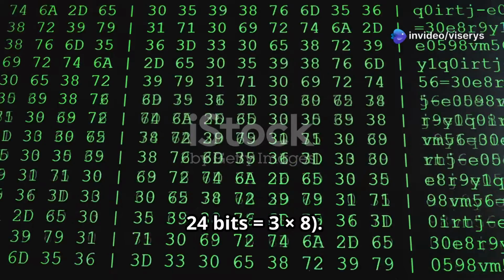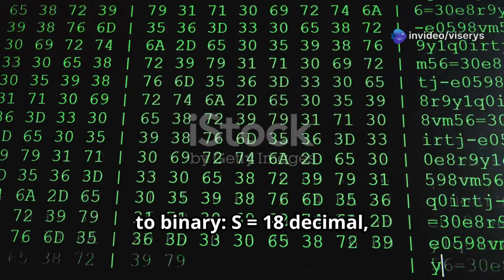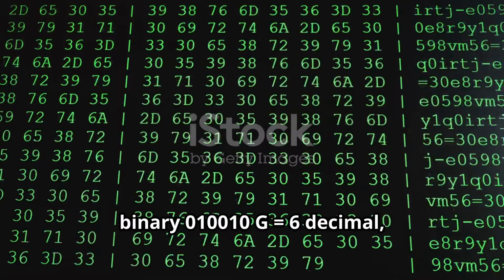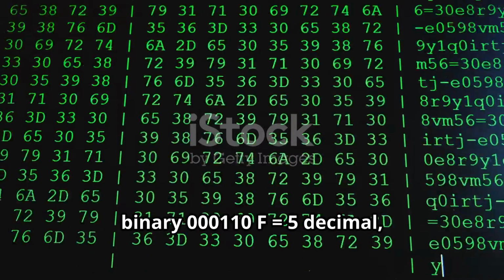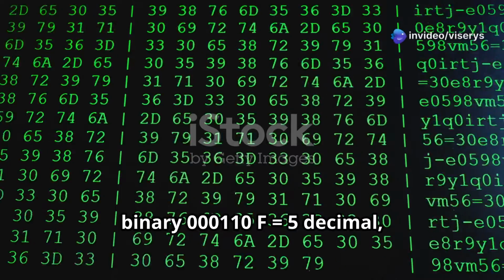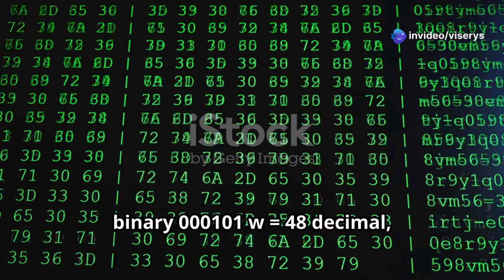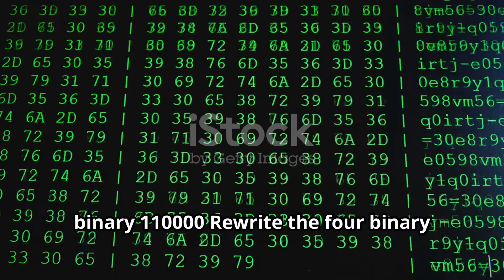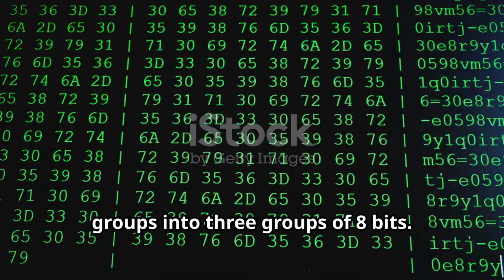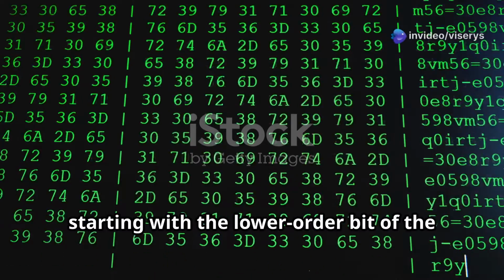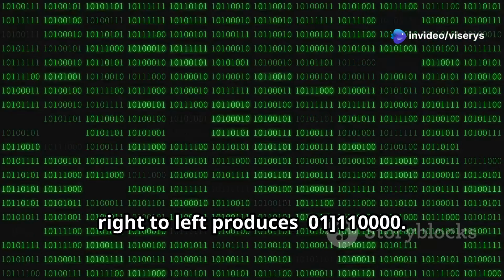24 bits equals 3 times 8. Convert the decimal value of each letter to binary. S is 18 decimal, binary 010010. G is 6 decimal, binary 000110. F is 5 decimal, binary 000101. w is 48 decimal, binary 110000. Rewrite the 4 binary groups into 3 groups of 8 bits. For example, starting with the lower order bits of the binary equivalent of w, writing from right to left produces